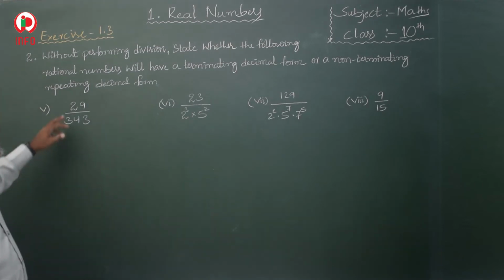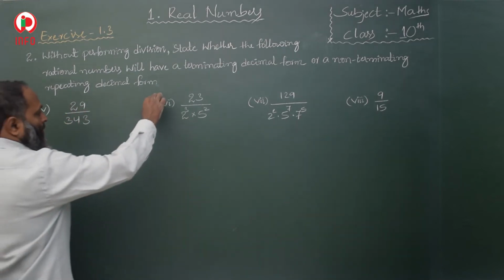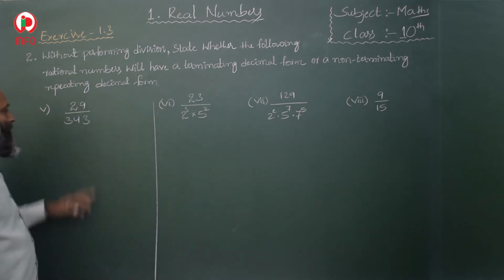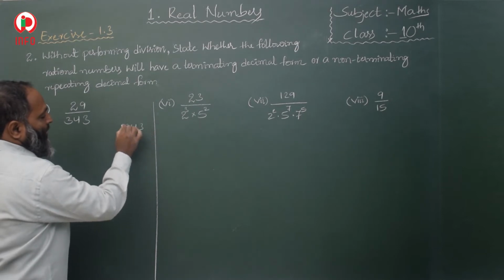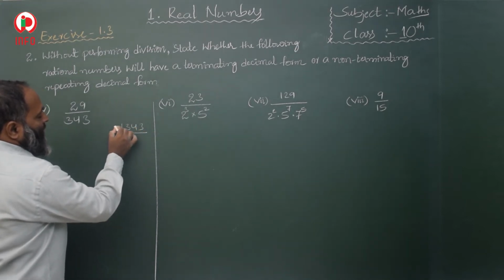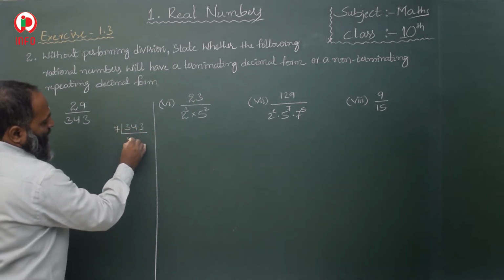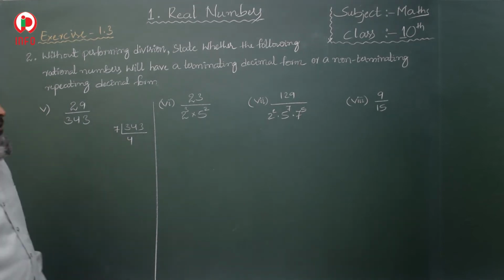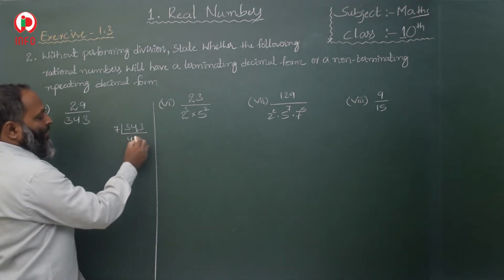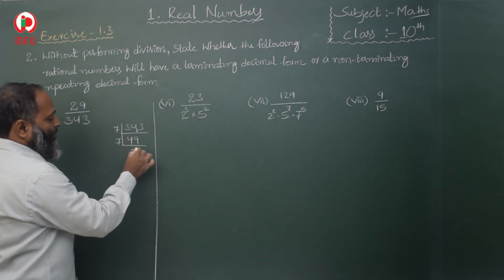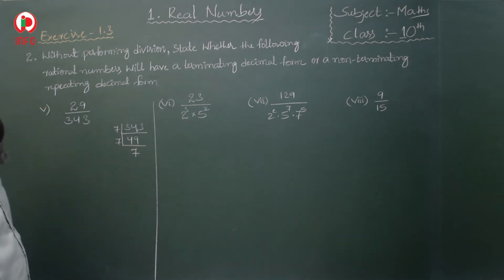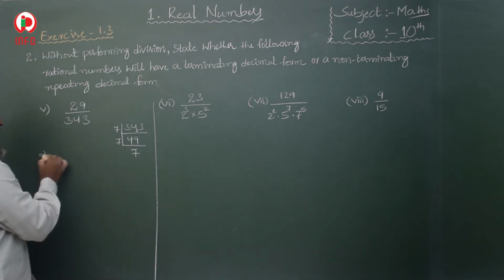So now the next question, 29 by 343. First, the denominator 343, split into prime factors. 7 4s are 28, 28 means 6 left. 7 9s are 63. Then 7 7s are 49. 7 7s are 49. So it means 29 by